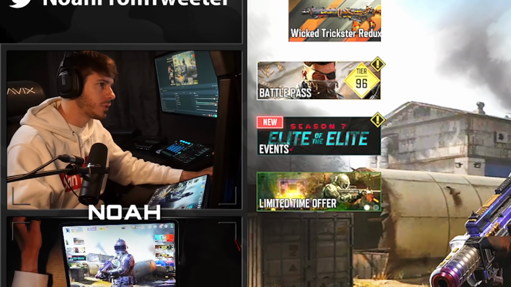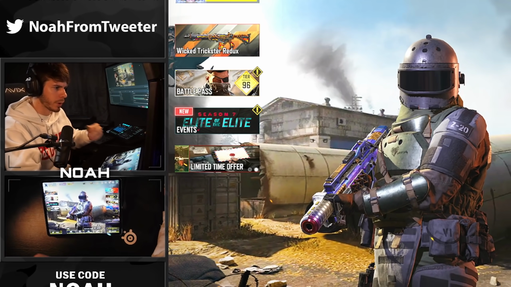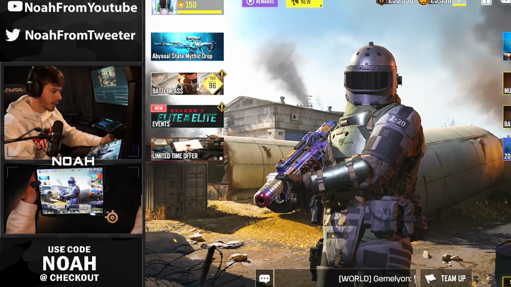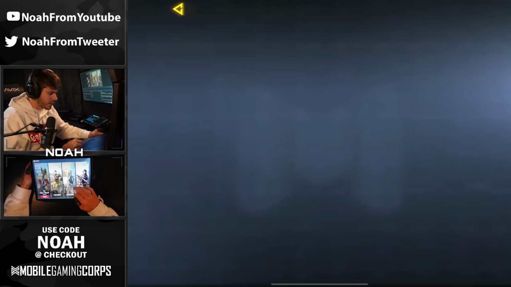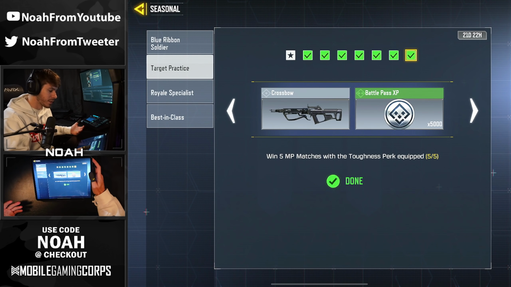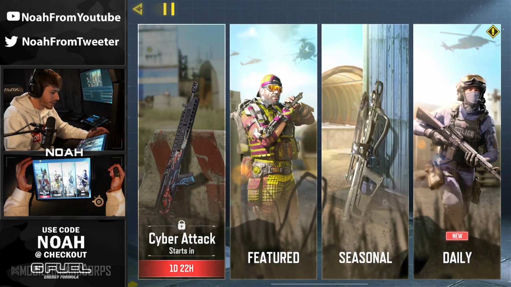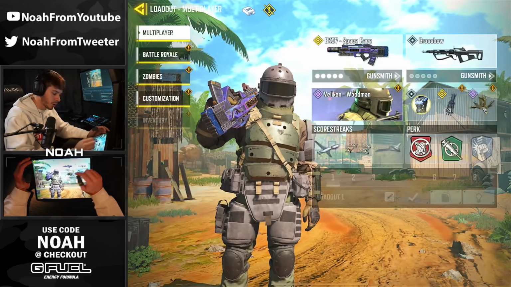Well, I don't think anyone was expecting this to happen on a random Tuesday right after the new season update, but we did just get our brand new seasonal challenges to have the ability to unlock the brand new secondary pistol, the crossbow. And you know what they say, man, crossbows are cool. So I decided to actually go ahead and unlock it here right away, and we're going to be covering this